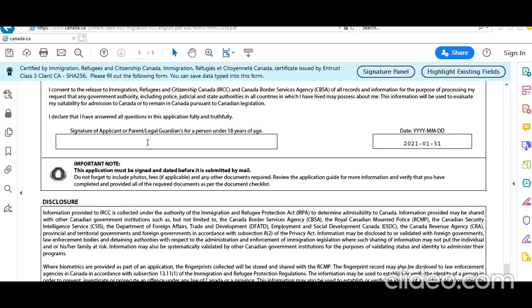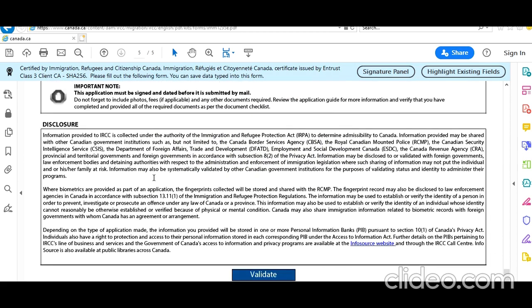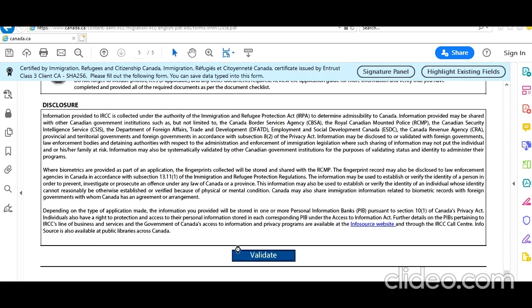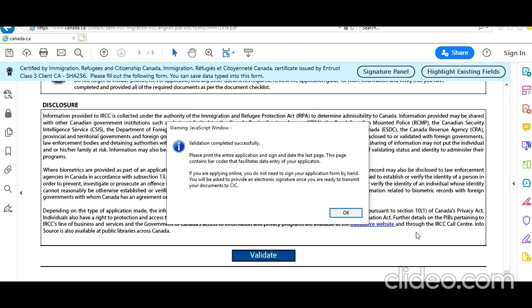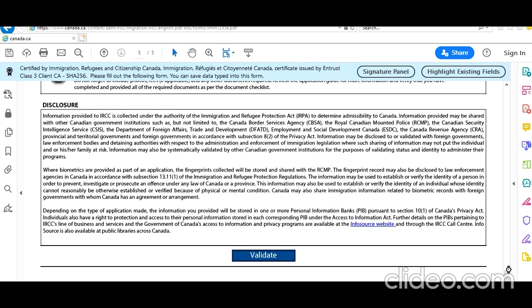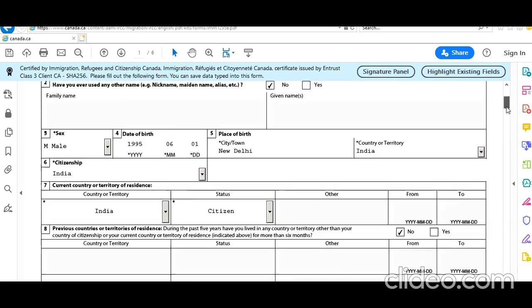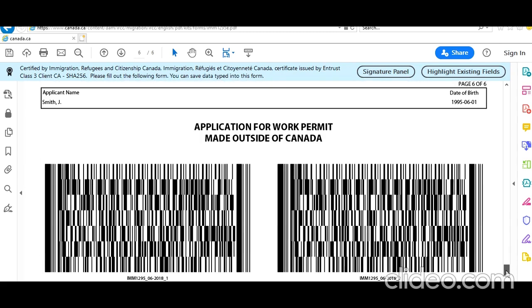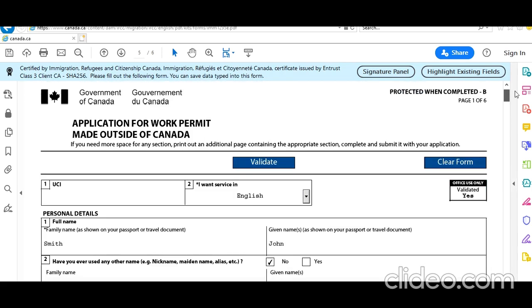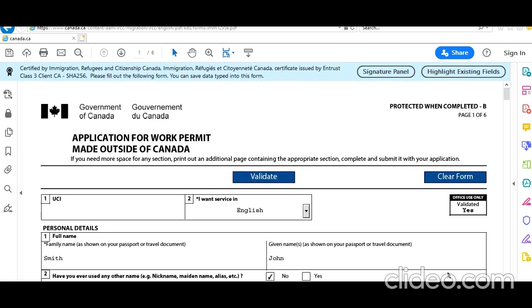And for an online application you don't need to sign physically. You can upload the document by saving the information, and then at the end you sign it before you submit the application, like an electronic signature. But one thing is very important, click on validate, because it's going to make sure that you have gone through all the mandatory fields. Okay, validation is successful. But at the same time, this is just going to verify mandatory fields and formats that you have used, but not the information. So make sure everything is correct. You don't want any spelling mistake or something that you regret later. So make sure you do that, and then you can save it, and then you can upload it.